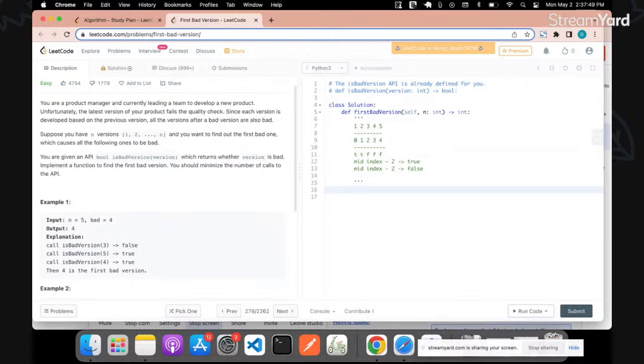Okay, so let's start coding it. Let's have our first equal to 0, last equal to length of n. Let's write our loop while first is less than